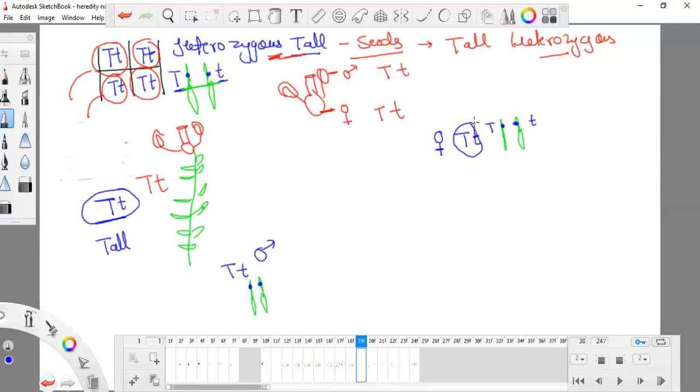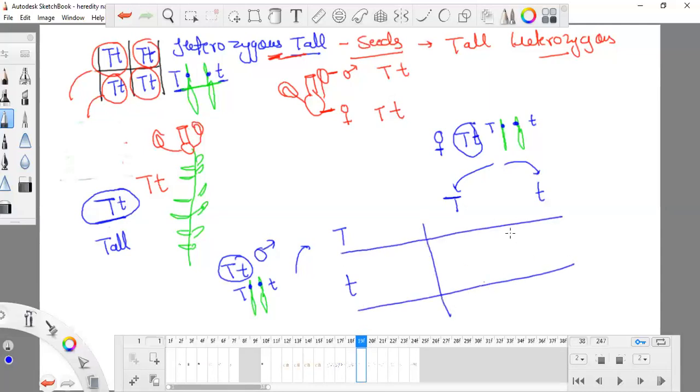That is the original thing, and I told you how to draw this. Now they have to be half. Why? Because when they go half, they will fuse and maintain their original number. So instead of drawing chromosomes, I'm just going by a direct method. This will get half, T and T, and this will get half, T and T. I'm not drawing chromosomes. It is not important for you to draw chromosomes every time. You can just go directly.